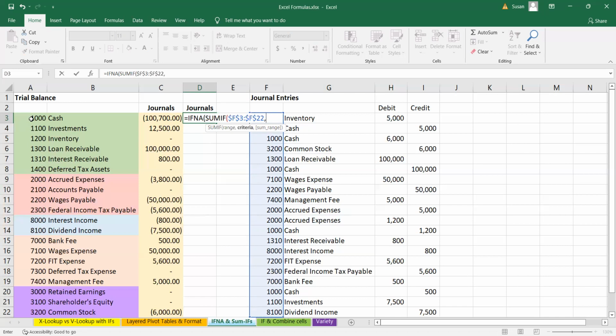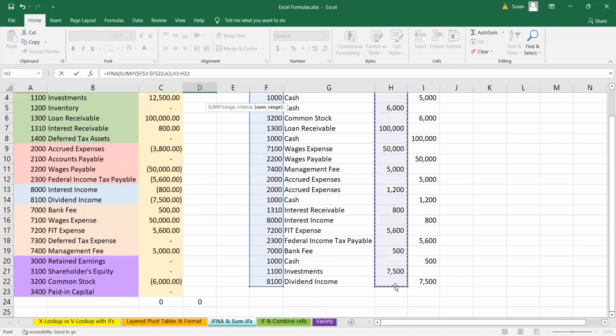So here are the account numbers that I'm trying to look up. And then my sum range, since there's debits and credits, I'm going to work on the debits first. So I'll select the debits here, and then hit F4,